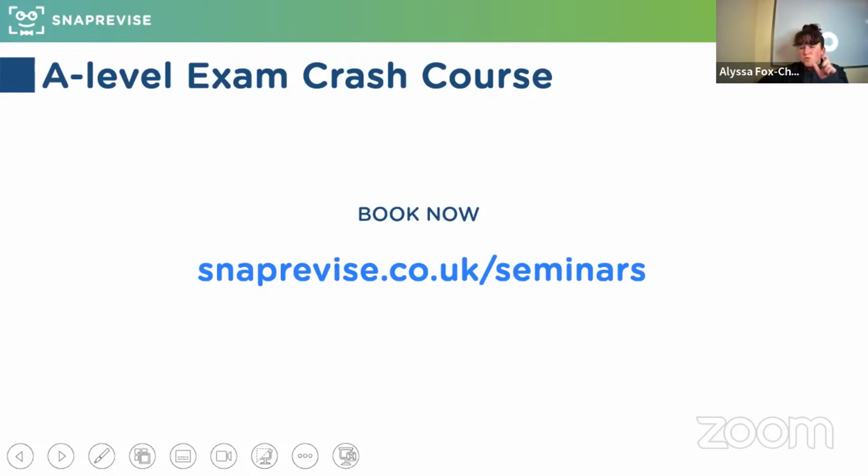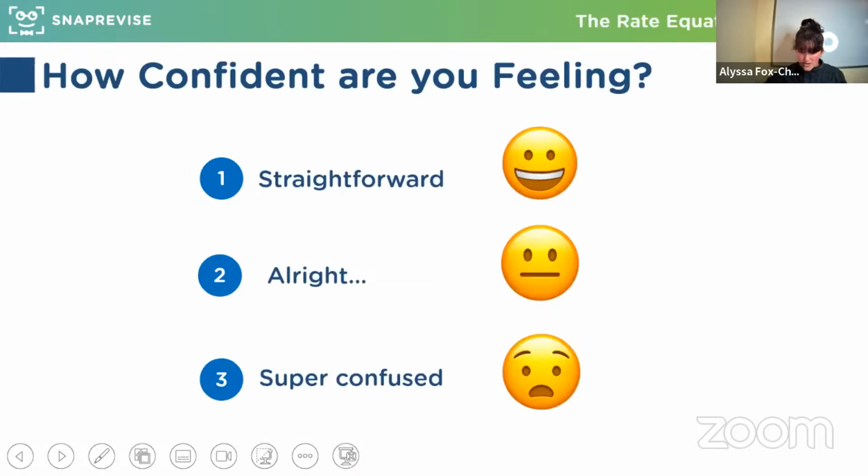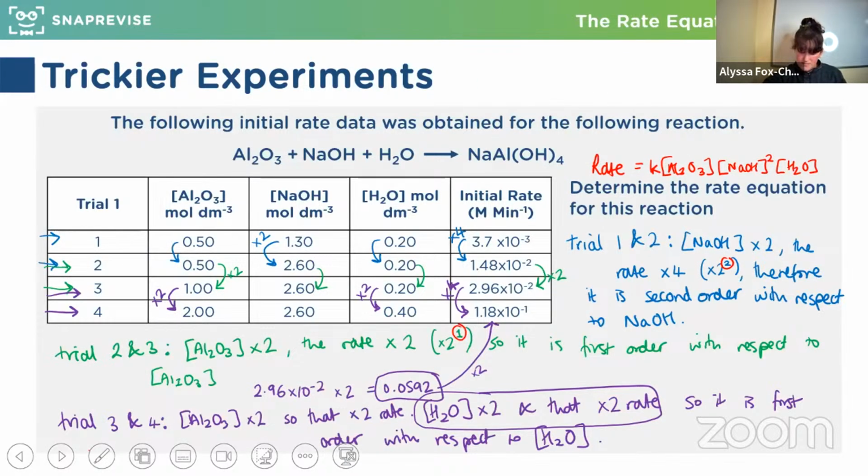So the order for water was 1 because we doubled the concentration. Let's go back here super quickly. We don't have much time, but I'm going to give it one last go. Because we'd doubled the concentration of Al2O3, that will have doubled the rate. So if we'd kept the concentration of water the same, the rate would have doubled. So times 2 of that, but we got times 4, so the rest of that, another times 2 to get it to times 4, must have been because of